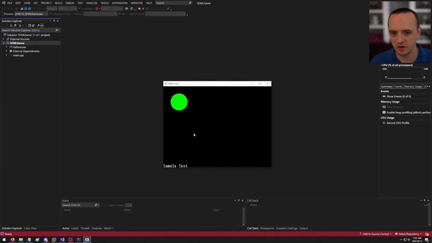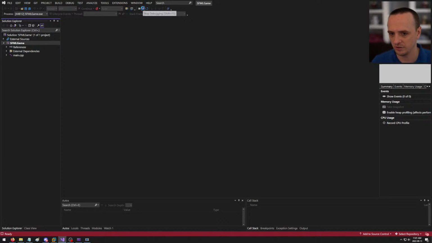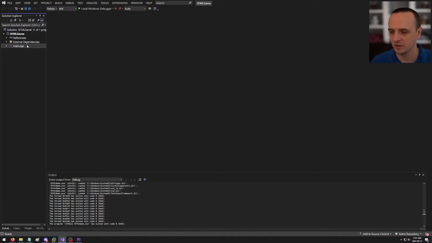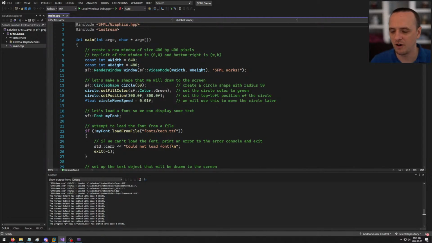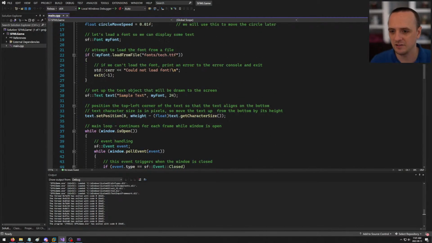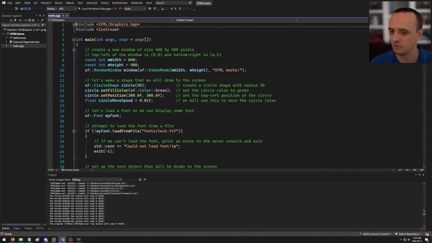If you want to stop your running program, you can either click this X or you can click the stop up here in Visual Studio, okay? So click stop, it all stops. And now over here, we have our main.cpp, and this is the file that you will be editing for your assignment. All right, so that is the complete setup of the environment for the entire year for everybody using Windows,